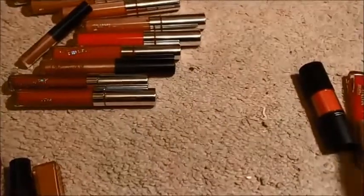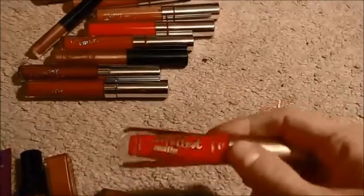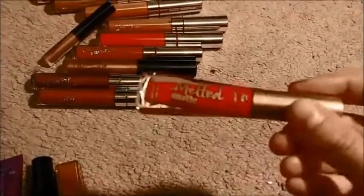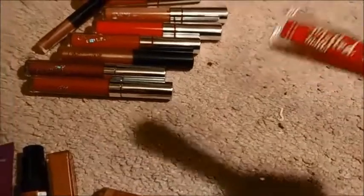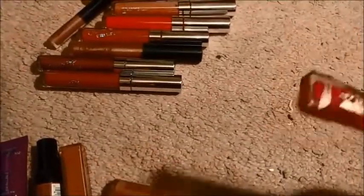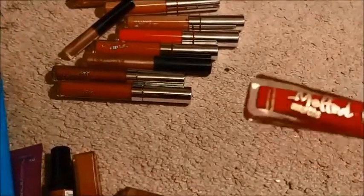I'm going to just get rid of both of them. This Versacolor Stain, I'm going to keep. This Too Faced Melted Matte I just got, but I've never even used it, and I have similar colors in MAC formulas and, I think, ColourPop was the other one I discovered I have close to it,